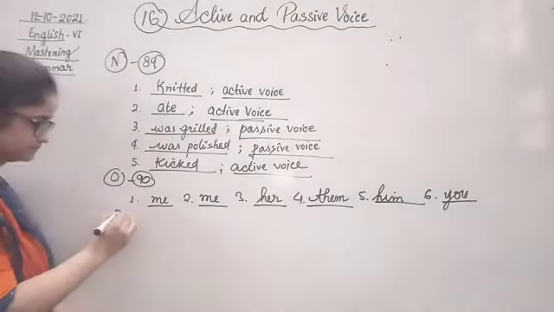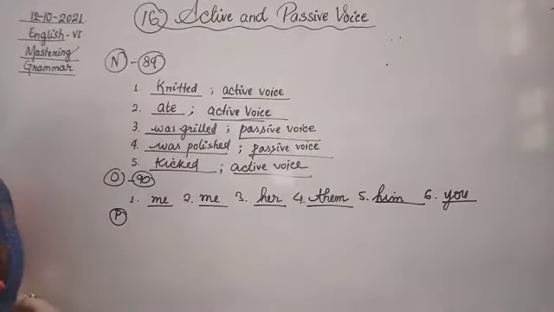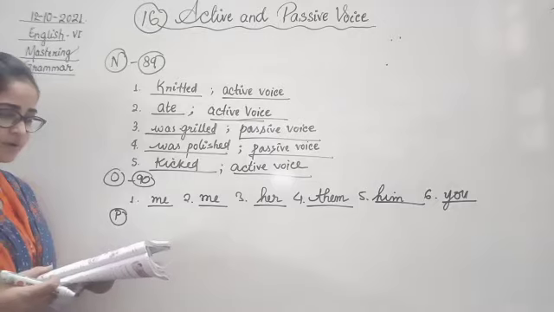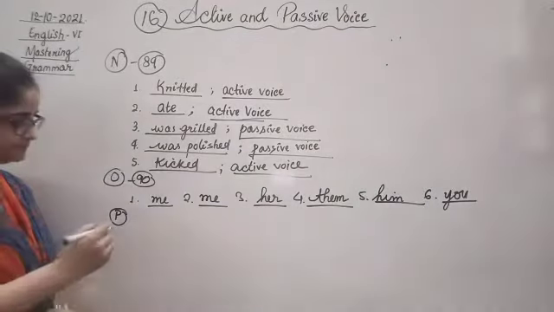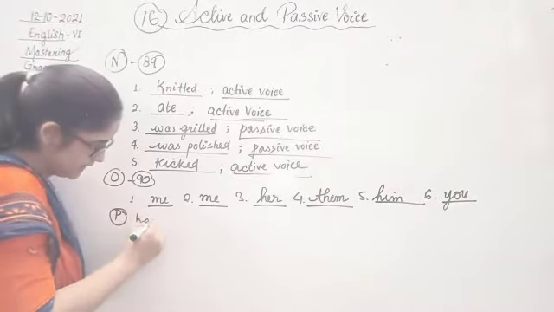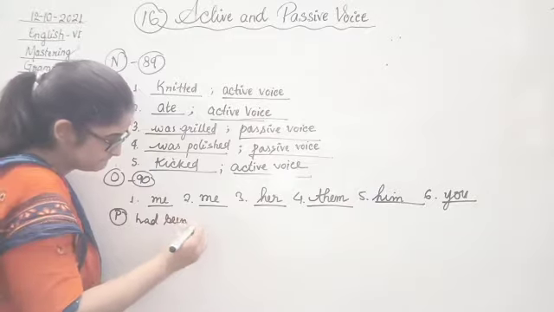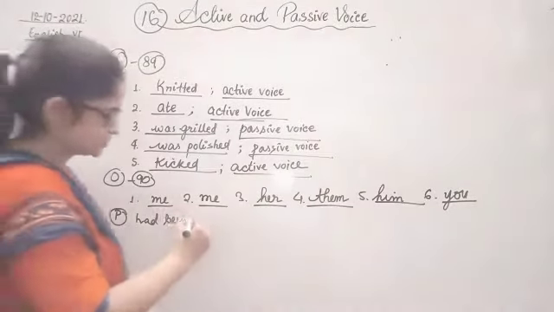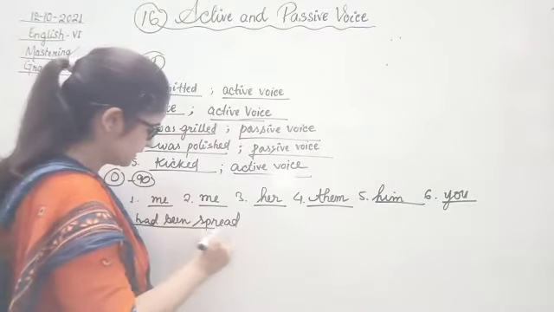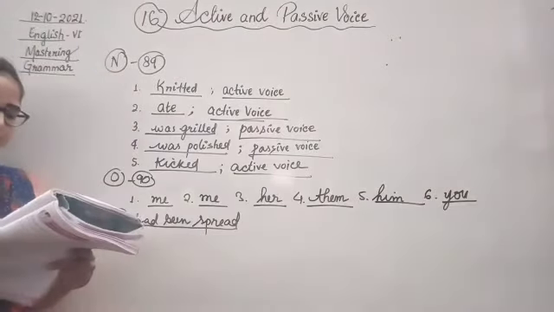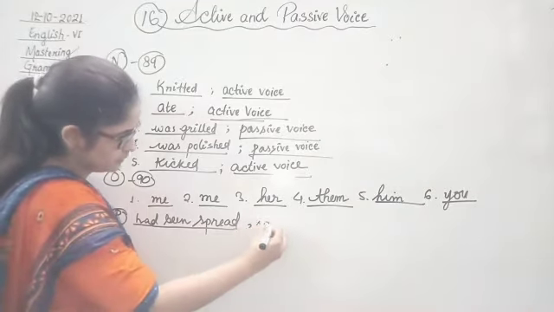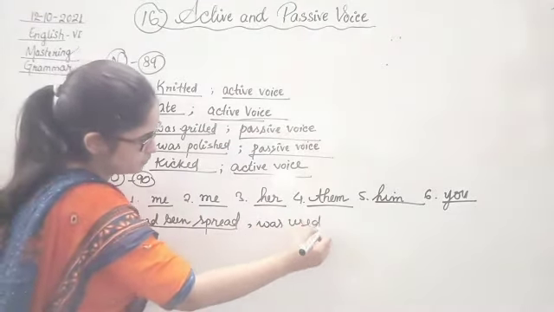Exercise P. A circle is drawn on the ground by Asha. A rug had been spread. Spread remains spread only, children. It won't become spreaded. So spread will remain spread only. Had been spread by Rima. A piece of chalk was used by Asha